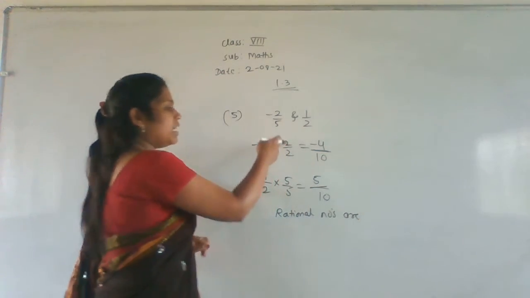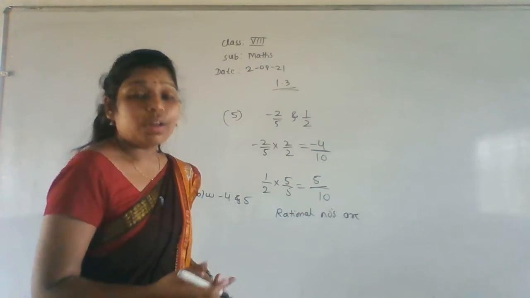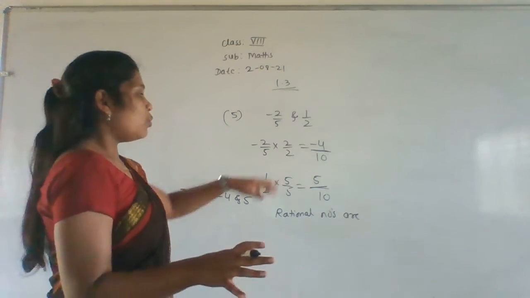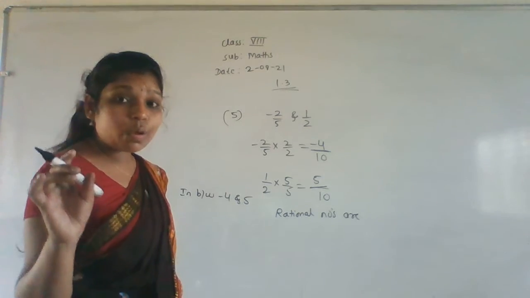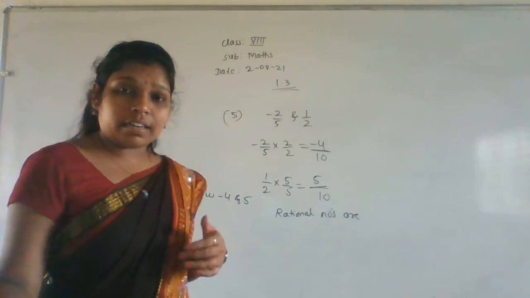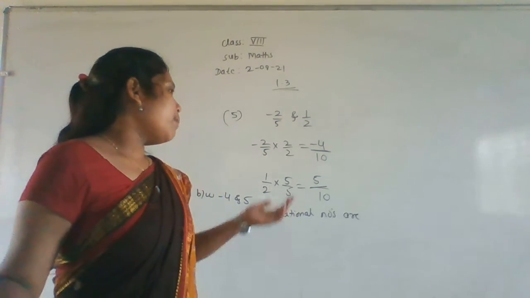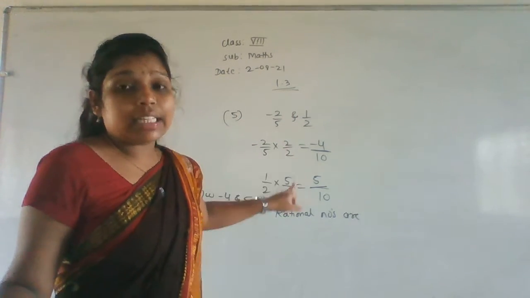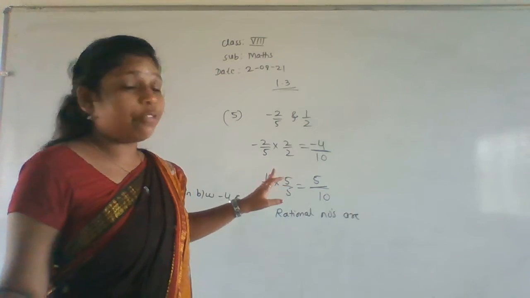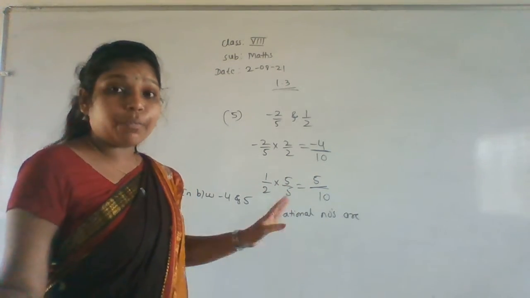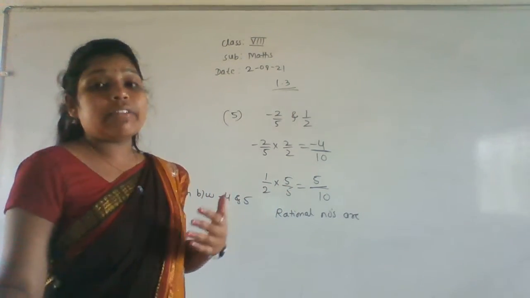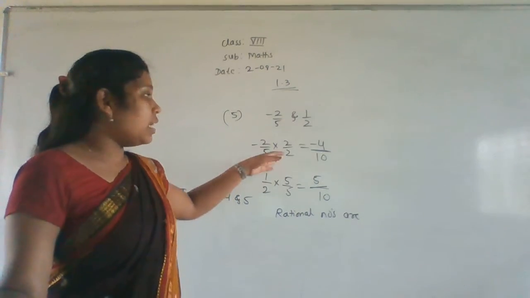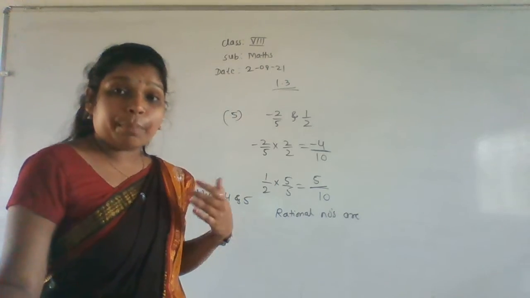so if you multiply with a larger value, then you will get more rational numbers. Only that much is there. Okay. If you multiply with only a small number, then you will get only 4 to 5 rational numbers. If you multiply with a larger number, then you will get more rational numbers. Okay. So about 10 you will get here. But if you multiply with a small number, you will get below 10 only.